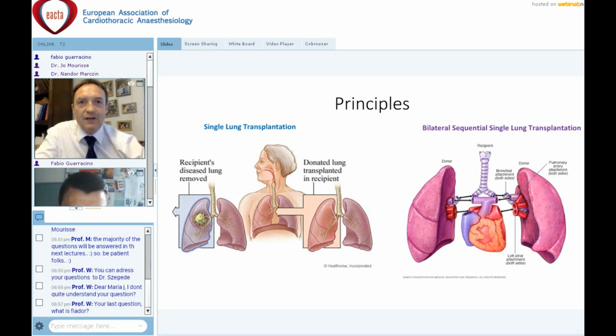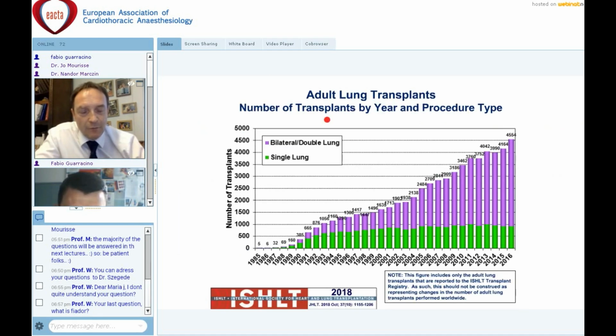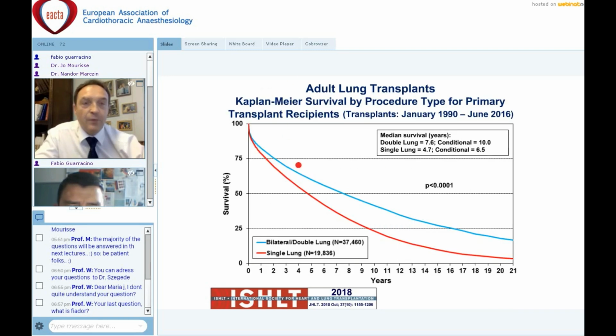The next slide will demonstrate that bilateral lung transplantations are taking over single lung transplantation, according to the International Society of Heart and Lung Transplantation, mainly because the overall survival in bilateral transplantations is better than in single lung